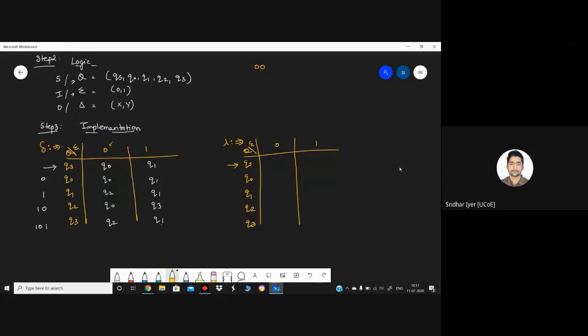Similarly, if I encounter an input 1, it becomes 01. So whatever input you are encountering, you have to append that to the already present inputs. That's why for Q3, we had written 101, followed by if I get the input as 0, it will be 1010 or 1011 with the same logic. Clear? So that is how 00 came over here. And if we encounter a 00, we are not having any state corresponding to 00. That's why we start backtracking. If I remove the leftmost symbol, I'm left with 0. Is a state corresponding to 0 present over here? Yes, that is Q0. That's why I had written Q0 over here. Same way you can follow the logic for the other states. Am I clear now?